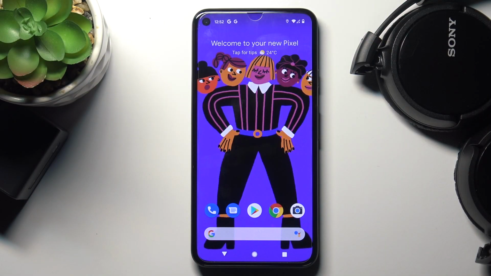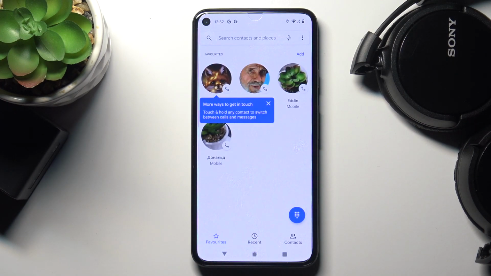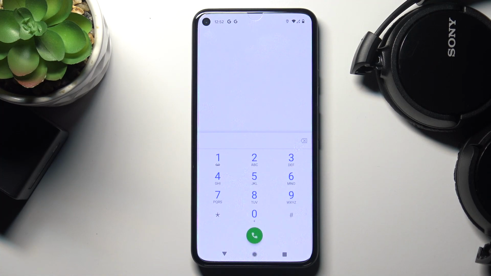In front of me is Google Pixel 5, and let me show you some of the secret codes that you can use on this device. So first of all, you need to open your phone dialer and enter keypad. And the first code that we will use is